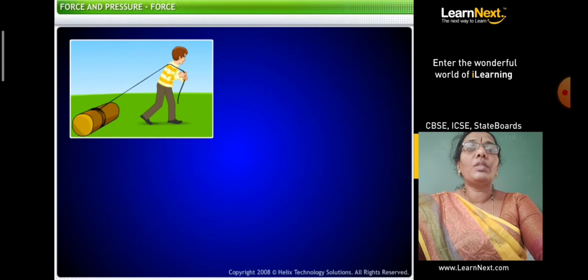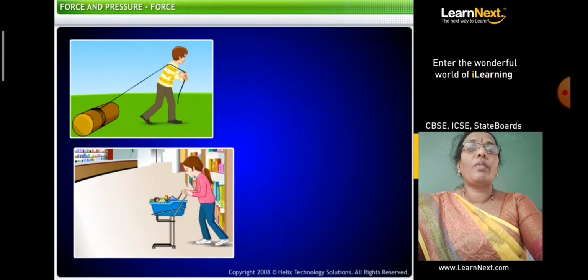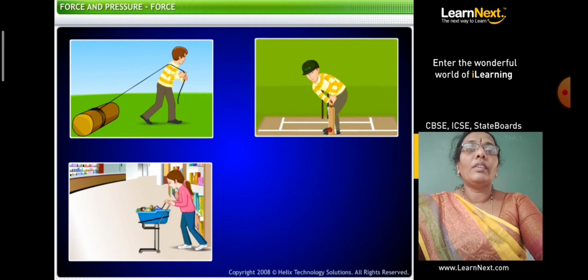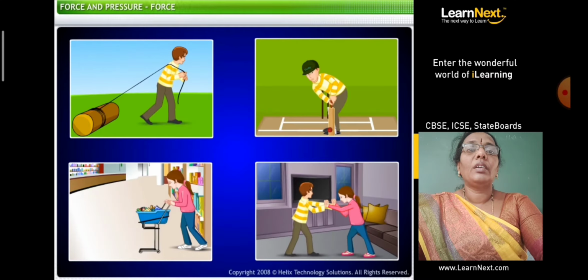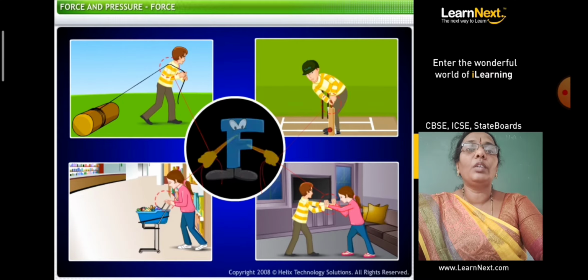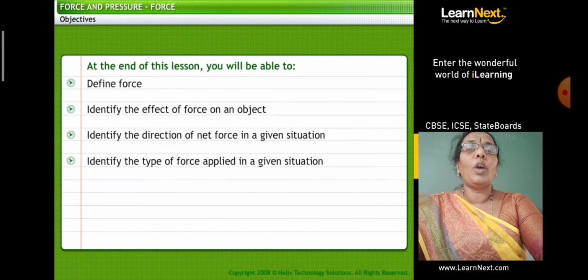We are going to see some situations from our daily life in which some actions are being performed. In all these situations, two persons, one boy and one girl, are trying to pull or push something. Here you can see the actions are nothing but a pull or push, and in this lesson we are going